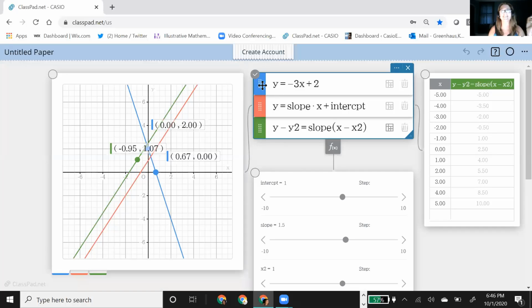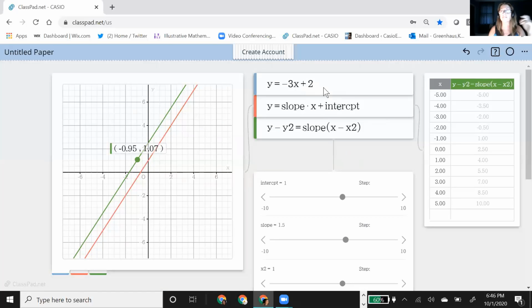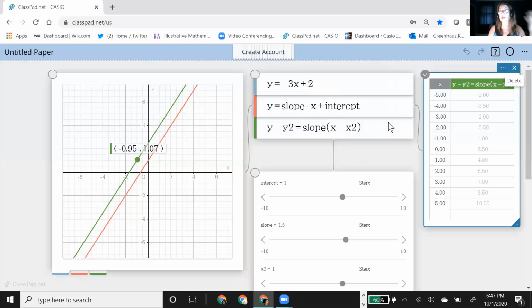Unfortunately, this is kind of a disadvantage. You can hide them right here. When you click on the color, you have the option to hide the graph and also change the line to solid or dash. So when I hit hide the graph, they won't see that anymore. Unfortunately, and they're still working on this feature, I can't actually hide the equation that they see. So it's a little frustrating. So I'll give you another option that you can do. So let me show you a different option, and I'll show you in the next example that I'm going to show you.